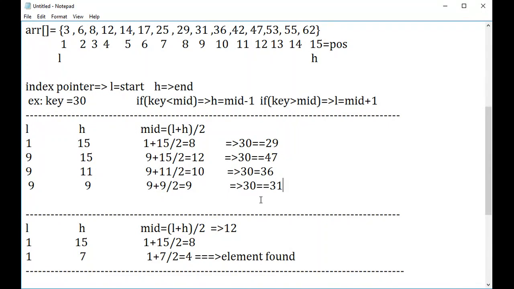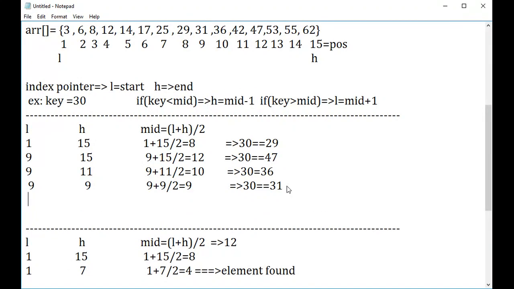So in this case, what will I do? Again check my condition. Whether 30 is less than the mid value 31. Yes, it is less. So I'll decrement my high by 1. Already my high is 9, so if I'm decrementing, it will become 8. The low remains as such.